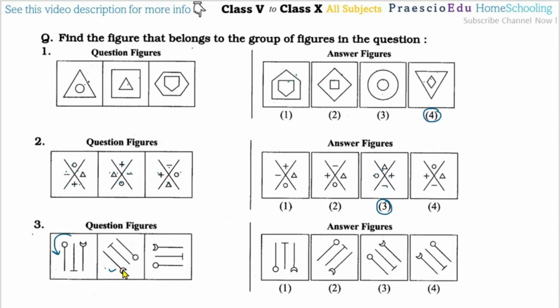After this one also you will rotate, or from this one if you rotate something 90 degrees, you will get this one, meaning the figure is the same, only the rotation is different. So matching this one, option number 3, after these rotations, in this direction and this direction, you will get this one. The others are in a different way, meaning a mirror image. So that's why option number 3 is perfectly matching with the question figure.